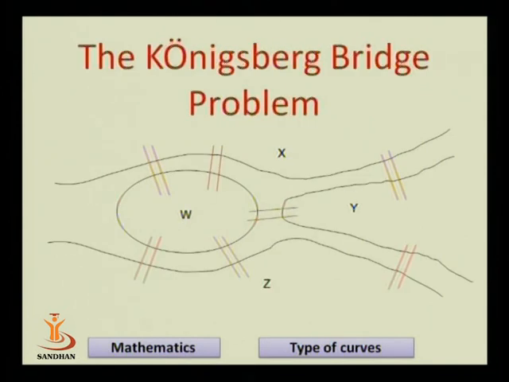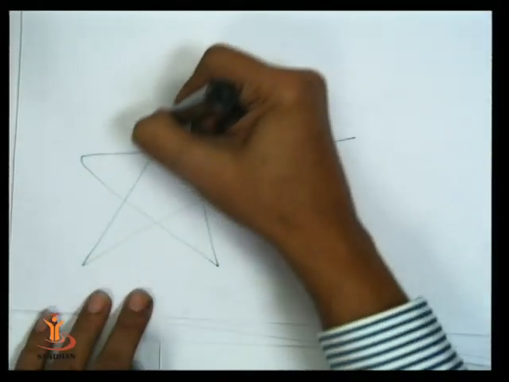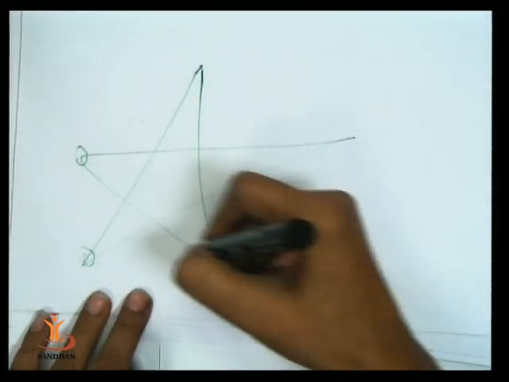Now we see a further example. This graph consists